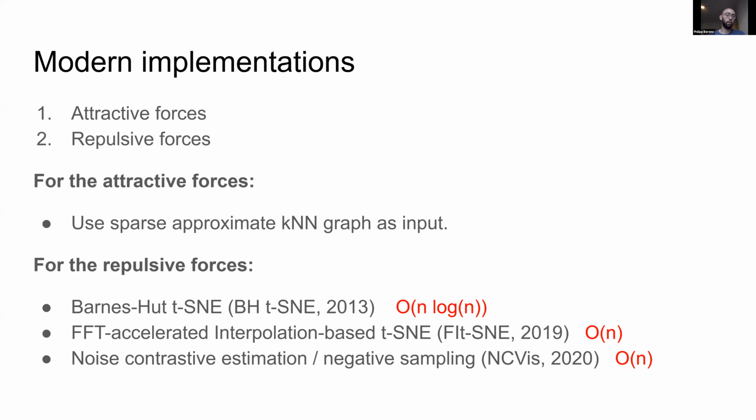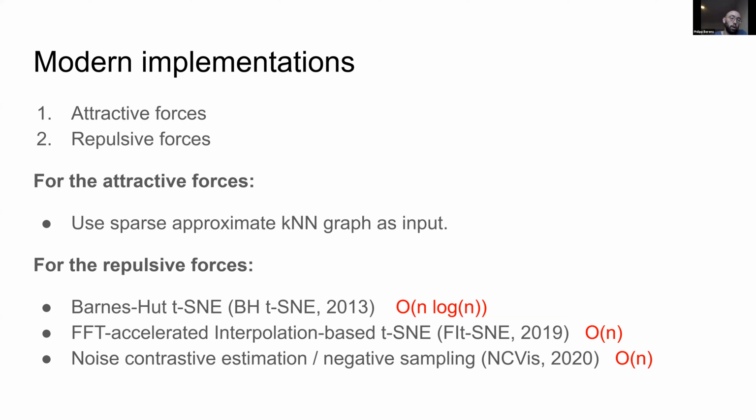And there's a way to fix it. If you look into modern implementations of tSNE, there's two critical factors: how you implement the attractive forces and how you implement the repulsive forces to make it efficient. Because if you naively implement that, just write down the math in code, then you will be able to maybe find representations of like 2, 3, 4, 5,000 data points. And if you really wait long, maybe for 10,000 data points, but not